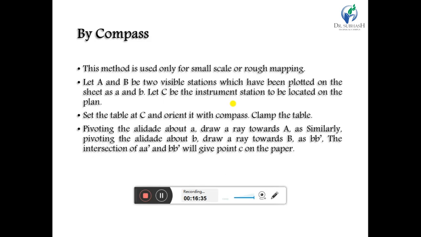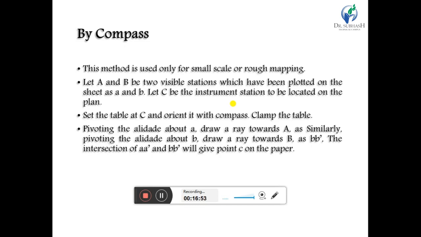Now the next method is by compass. The compass is a very useful instrument for navigation, for sea navigation and many other navigation purposes, using the magnetic meridian.